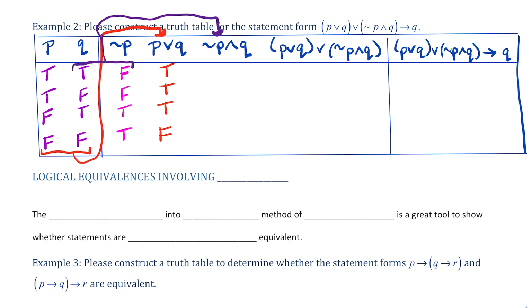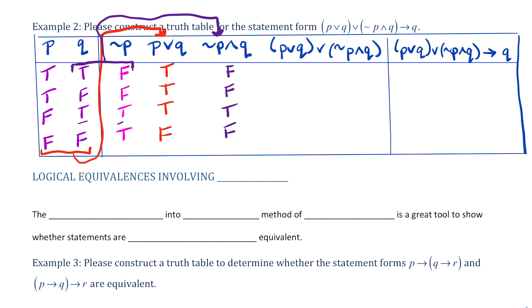Sorry if it's looking messy. I just want you to be able to follow along. So, not P and Q: these two here both have to be true in order for the statement to be true. So we'll have false, false. The third one is true and true, so we'll have true, and then false. We're getting there.